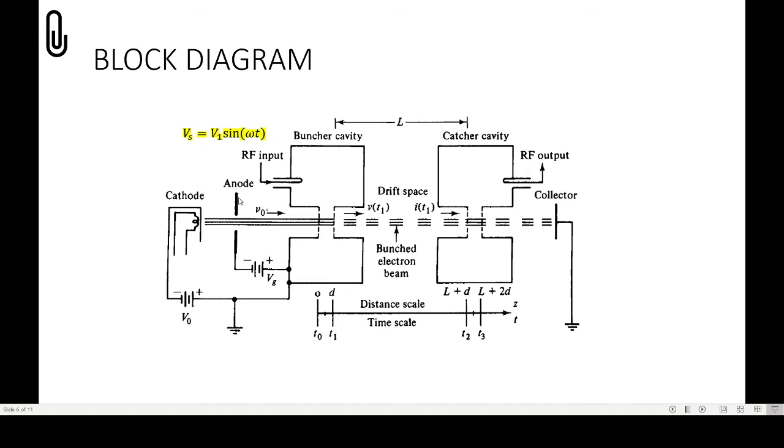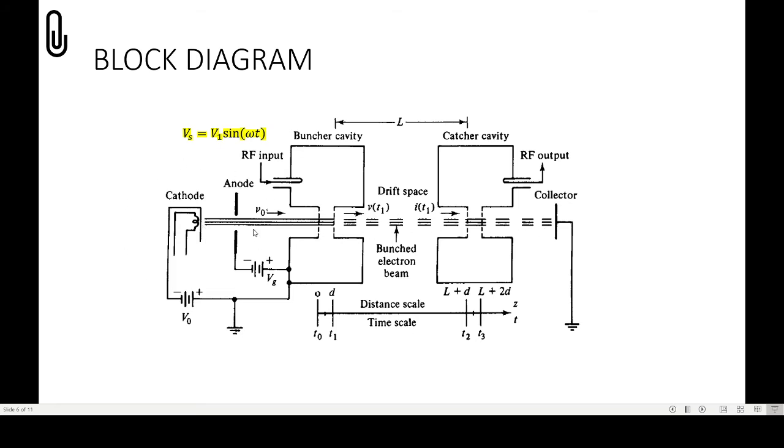Now, other important components are the cathode and the anode. Here, the cathode is utilized as a source of electrons. The cathode is coated with barium oxide and it is heated with a sinusoidal signal of 6.3 volt, which will heat up the cathode to generate a large number of electrons. These electrons move towards the collector region as shown in this figure.